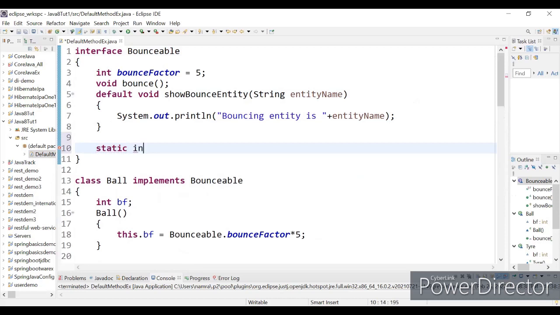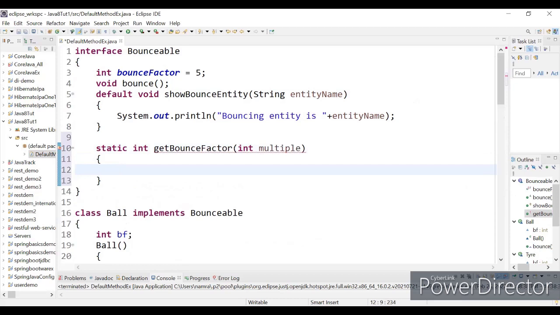Say I am going to add a static method, static int getBounceFactor, with a multiple. I've added a getBounceFactor, which will return the bounce factor value over here.